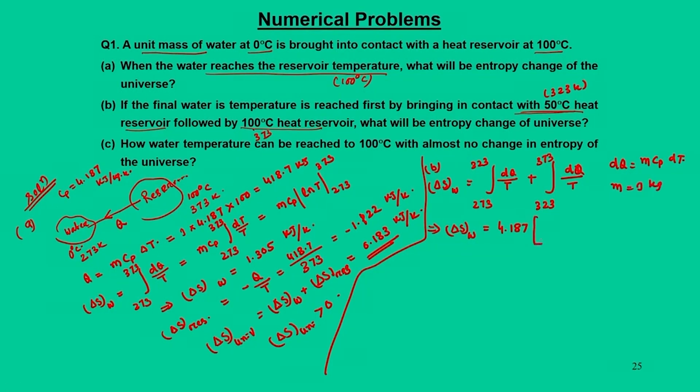So, this can be written in this manner, ln of 323 divided by 273 plus ln of 373 divided by 323. After evaluating, we can find delta S of water is 1.305,